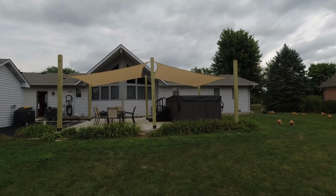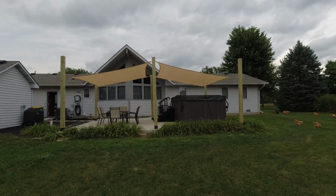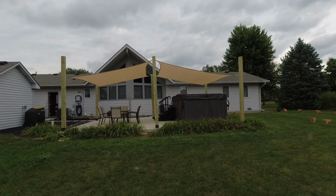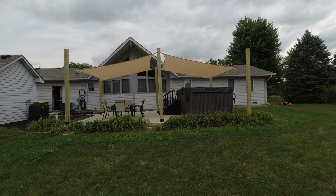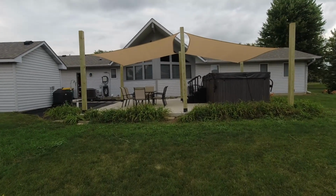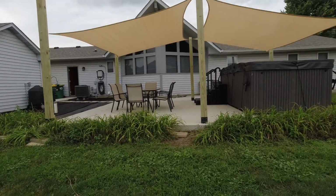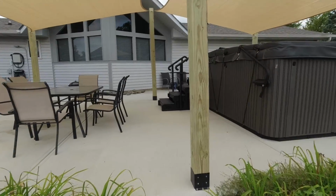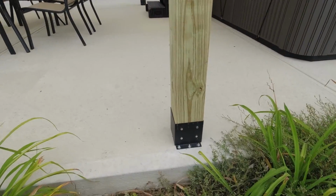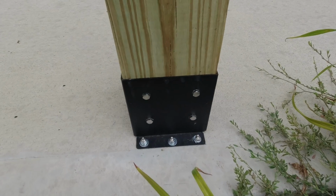Okay, there it is, all finished. All the posts are up in place. The shade sails are pulled tight, and we have some nice, beautiful shade. But we learned quite a few things on this project, and I'm going to share some of those things with you now. First of all, we decided that the screws that came with these anchor points were just too small,